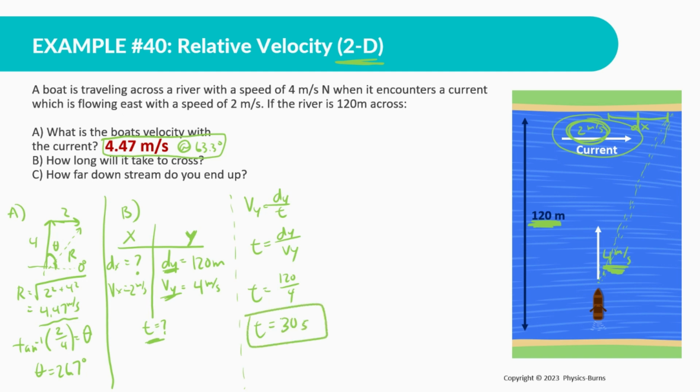Okay. So I believe that is the simplest way to do it. It's important to know that we can break things up into x and y components. I'm going to show the way that most people would probably solve this problem if they didn't see me do it this way. But I'm not going to go through it because you would get the same answer. You probably know that the boat's going to be traveling, and let me erase this, the boat's going to be traveling with the current this way